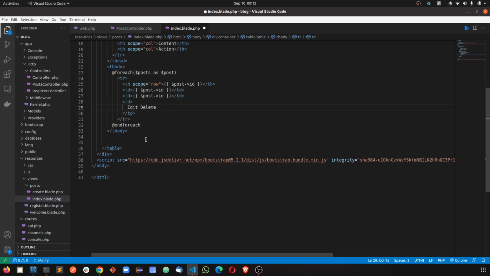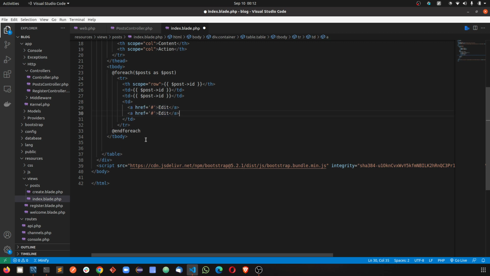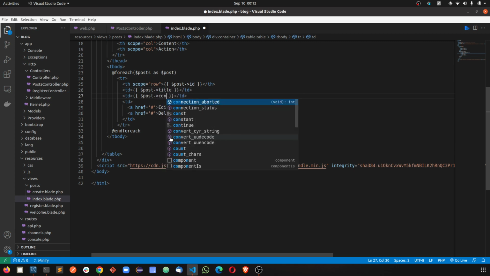Let's put it in the form of a hyperlink, href equals hash. Okay, we'll use a button, we'll make it a bit presentable, and here we are going to write the title and